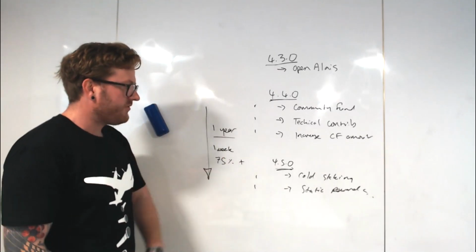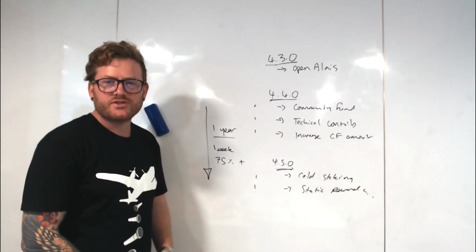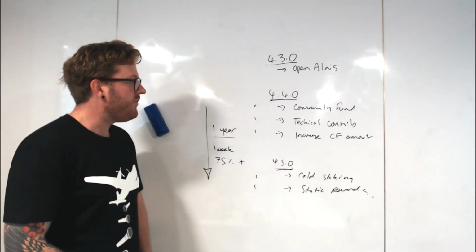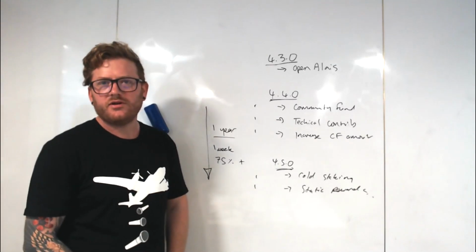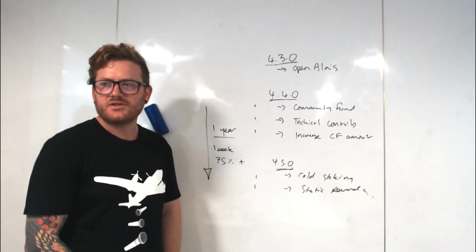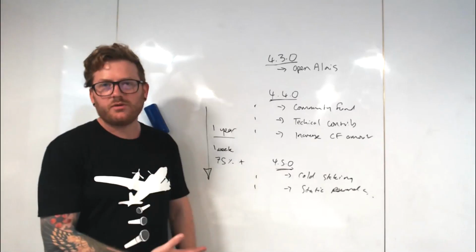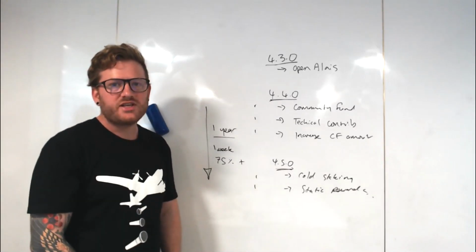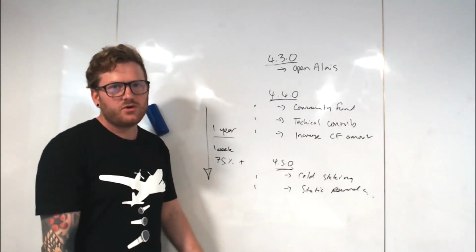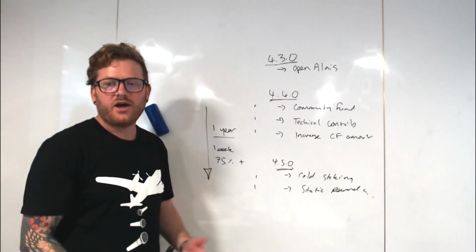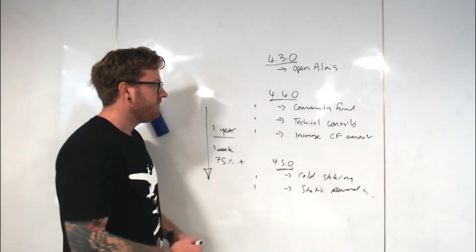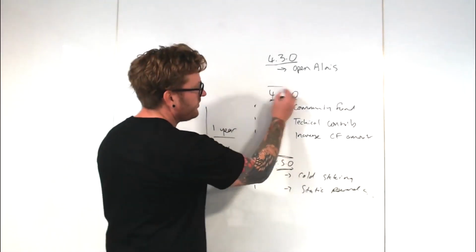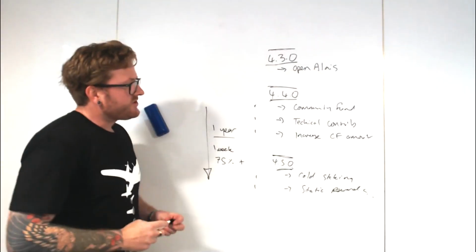So we don't have to rush into this. We're happy to have more discussion and more debate around it. And of course, these are just proposals. At the end of the day, we're only suggesting these things. They're obviously things that we recommend doing as the core team, but it's really up to the network to decide how the network wants to operate, because we're not in control from a voting perspective, and nor would we want to be. So this is the kind of runway.